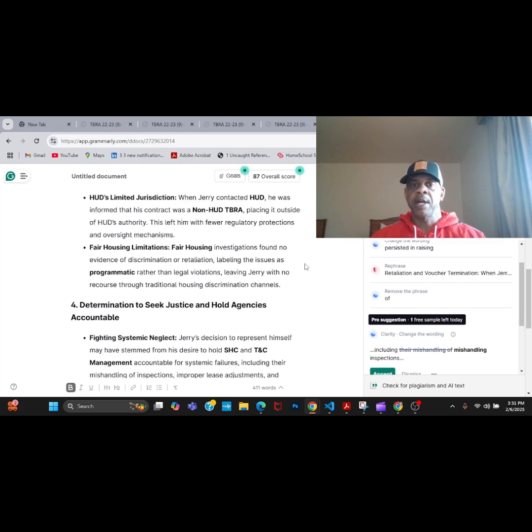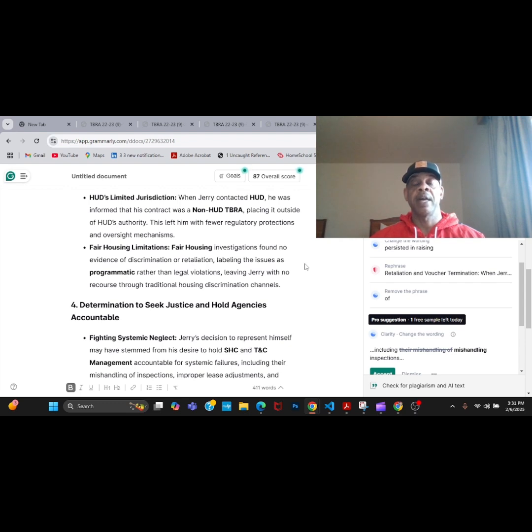And at first, when I called HUD, I was confused about them saying that they didn't have jurisdiction over that contract, because I had never heard of a non-HUD tenant-based rental agreement. I was never told about it. I was in the program for 10 years. I was never introduced to the document. I didn't have privy to the document.